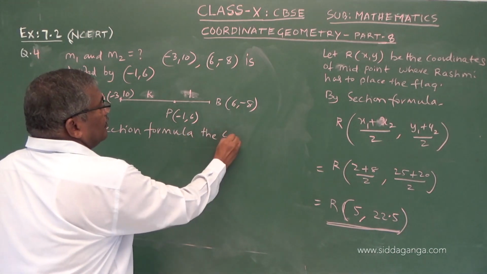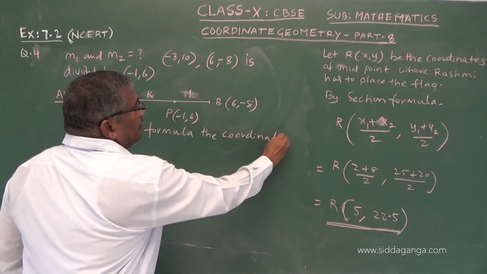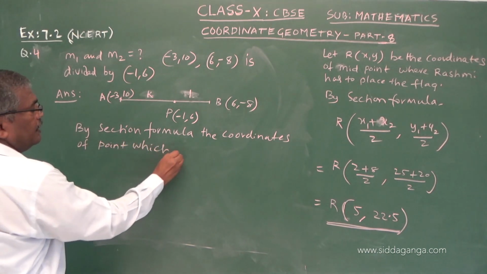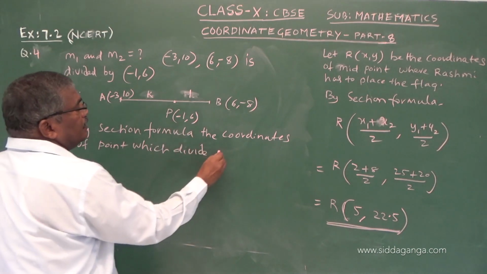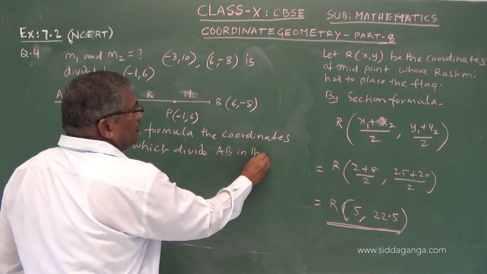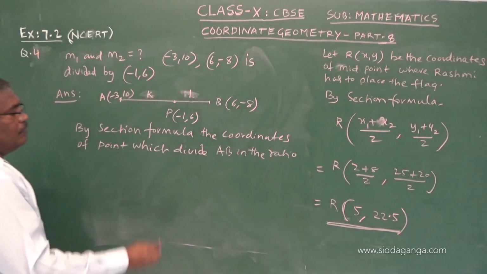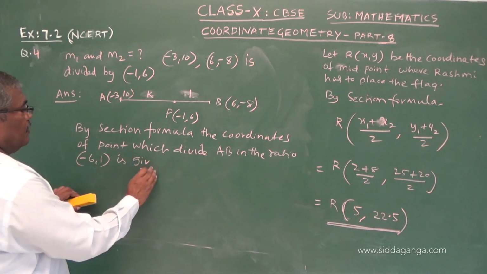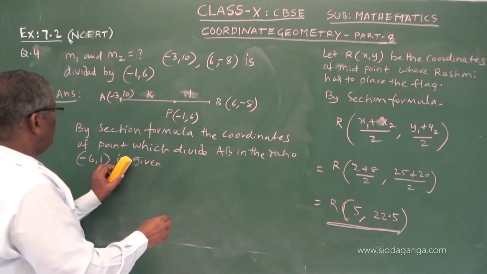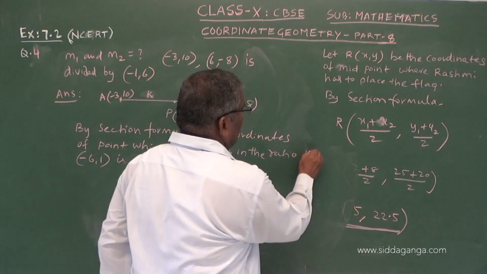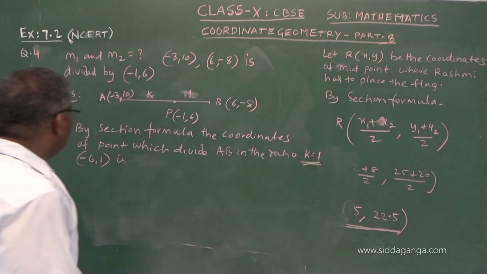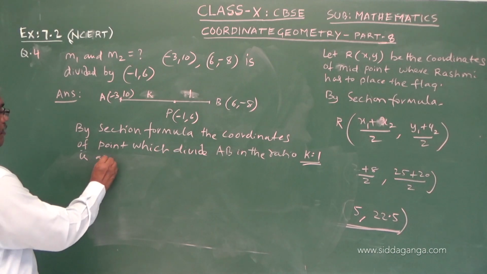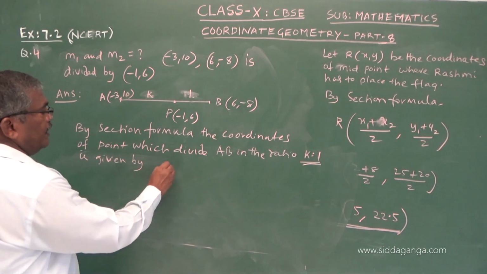the coordinates of point P which divides AB in the ratio k is to 1 is given by the coordinates of P. In the ratio k is to 1, you can write k is to 1, the ratio k is to 1 is given by,